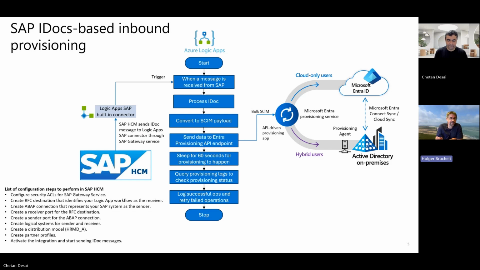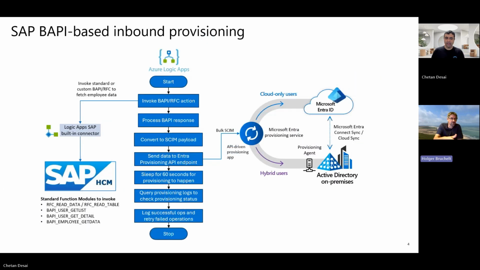And exactly, I really like this approach, obviously, as well. There's basically an event on the SAP side, and this event then triggers the Logic App flow. Whereas in the previous step, the Logic App was triggering itself on a scheduled, on a recurrent basis, like every hour or every day or whatever. So the event really starts from the SAP side with the IDoc based, and with the other one, Logic Apps just runs every X hours or minutes or whatever. That's right. Yep. Cool.